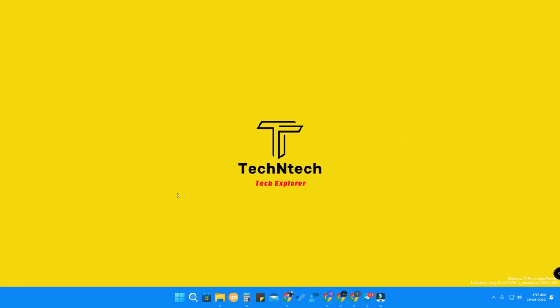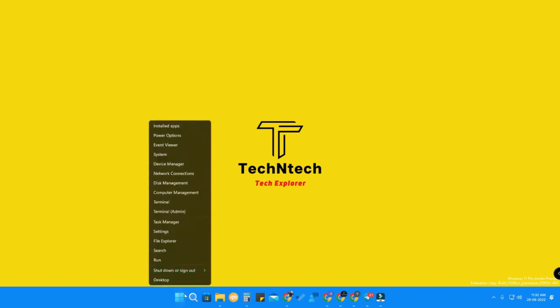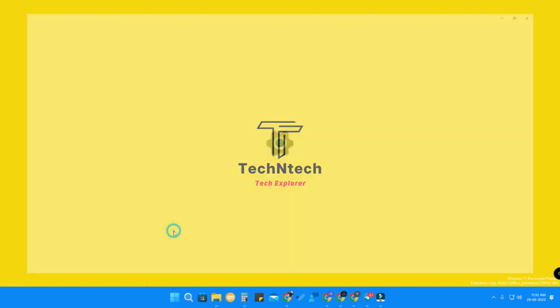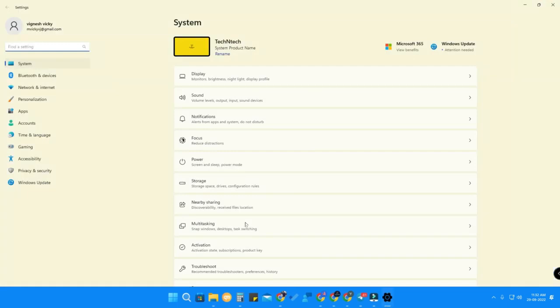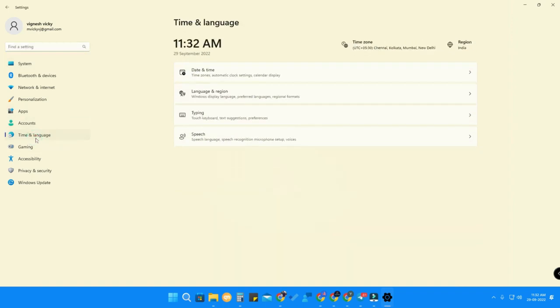The first thing you have to do is go to the Settings option. The first thing we want to install is the Windows Subsystem for Android. Once we install the Windows Subsystem for Android, after that we can install all Android apps on the Windows 11 PC. So to install it in an easy way, first go to Settings, click on Time and Language, and click on the Language and Region option,